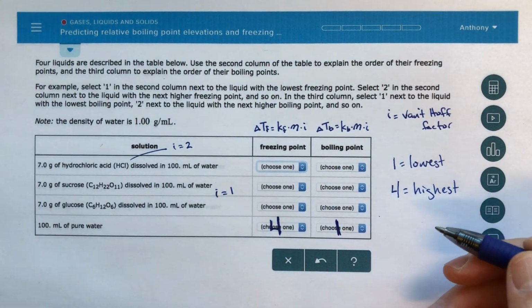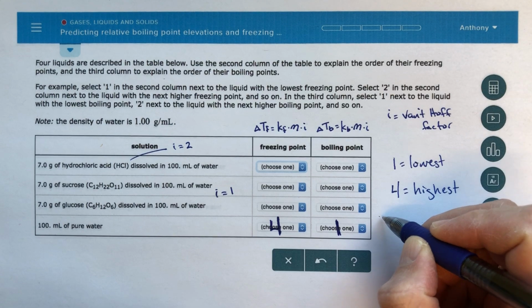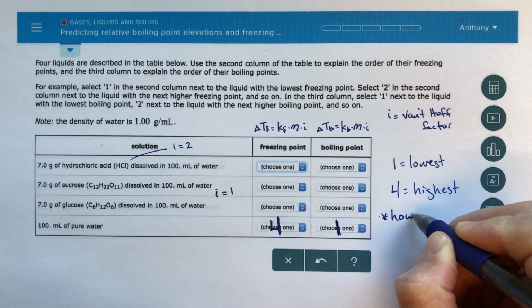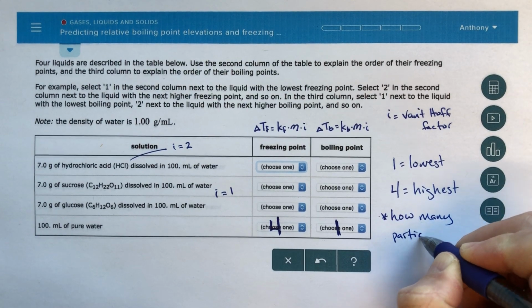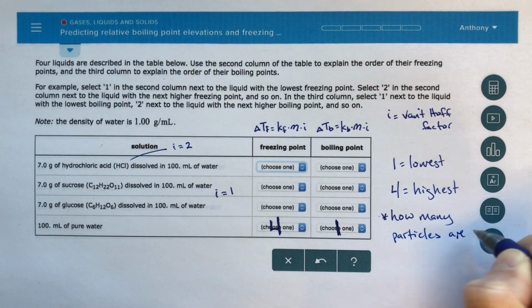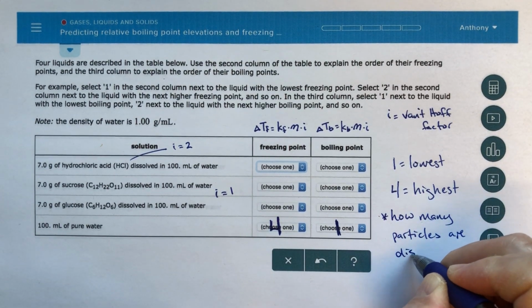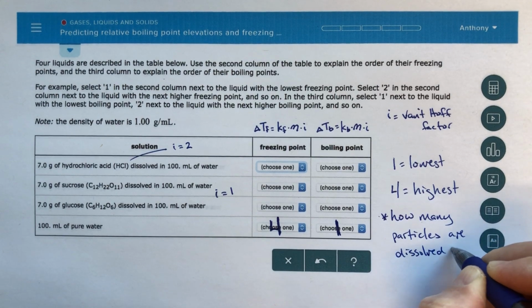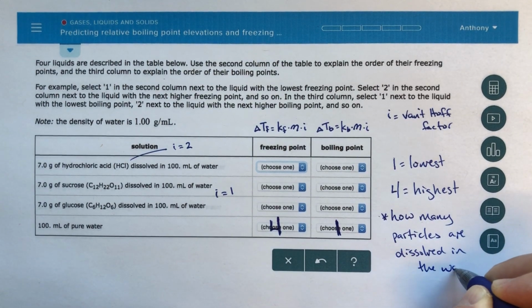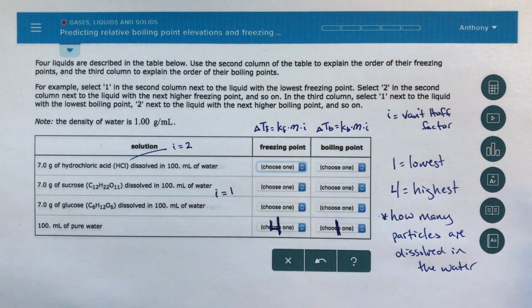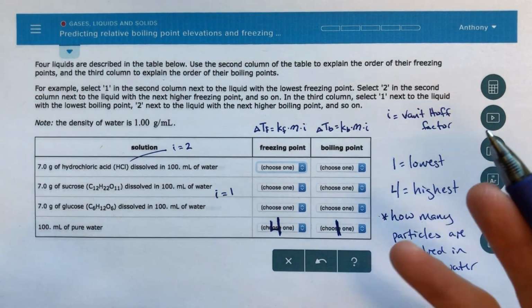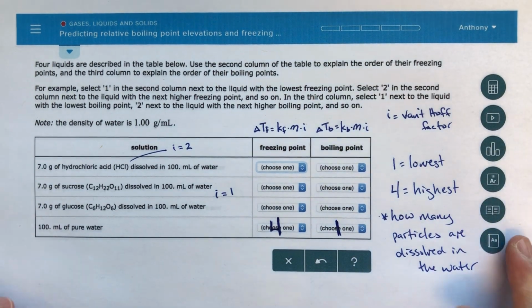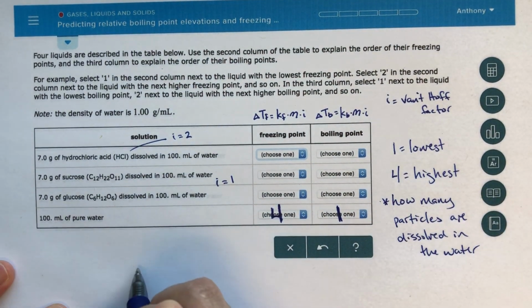So then the question really becomes how many particles or pieces are dissolved in the water. So what I'm going to do is think about how many moles first, and then I'm going to consider the Van't Hoff factor later on just to make sure what's going on. So for HCl,